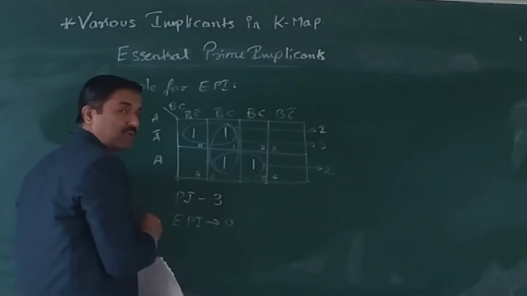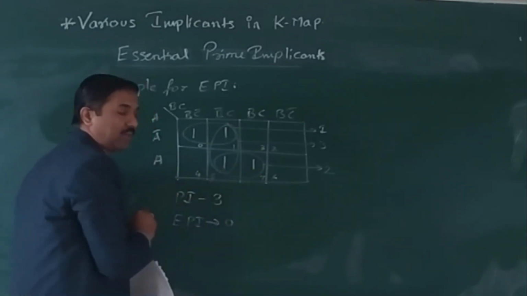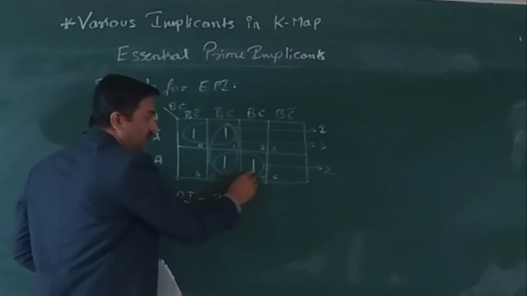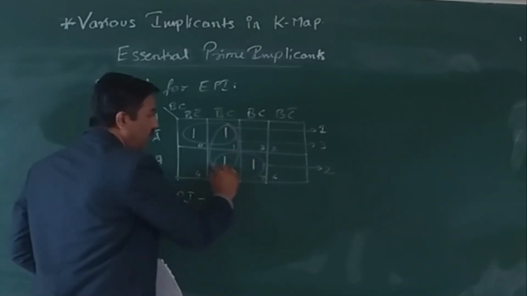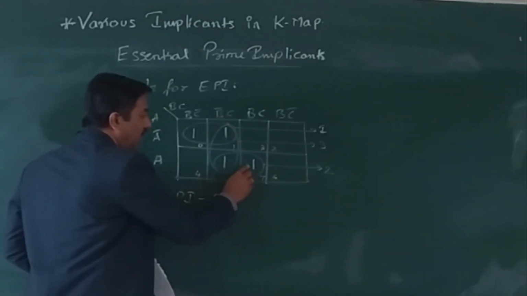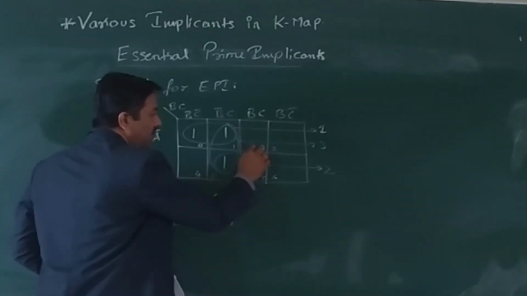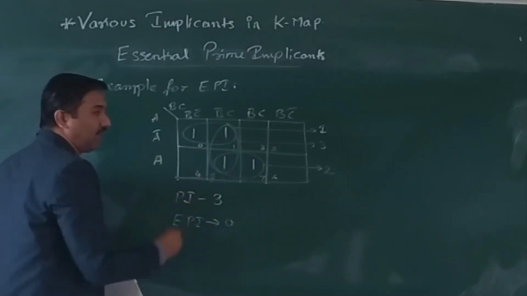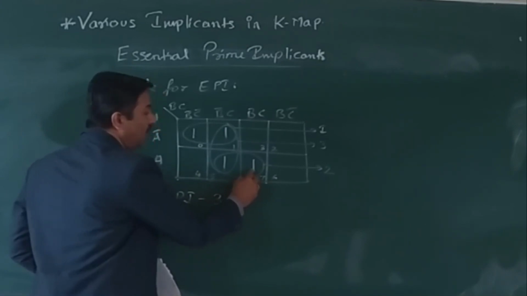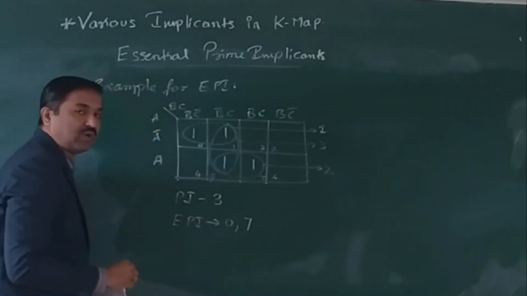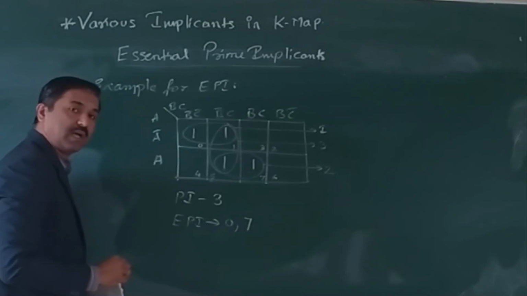Now the last remaining min term is in cell number 7, that is the 1 present here. This min term, which is part of cell number 7, is getting covered only in group number 2. It is not getting covered in either of the other groups. If there was a 1 present here, or a 1 present in cell number 3, then I couldn't have taken this one as an essential prime implicant. As this one is getting covered in only one group, the 1 in cell number 7 we call an essential prime implicant.